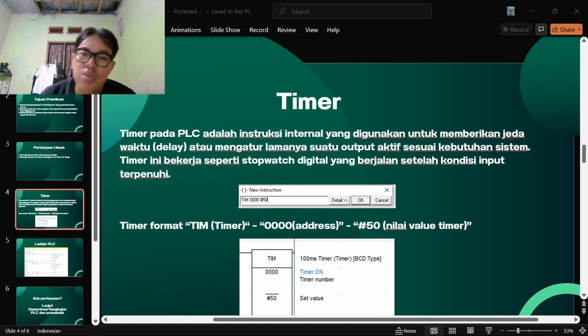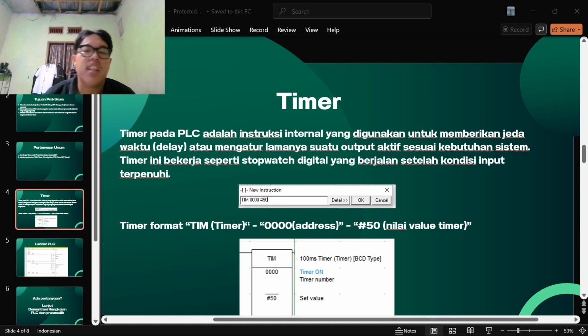Section 2, types of timer. TON, timer on delay. This is the most commonly used timer.